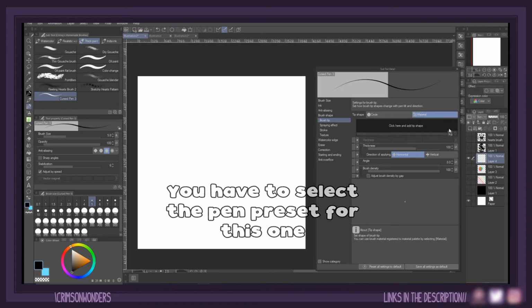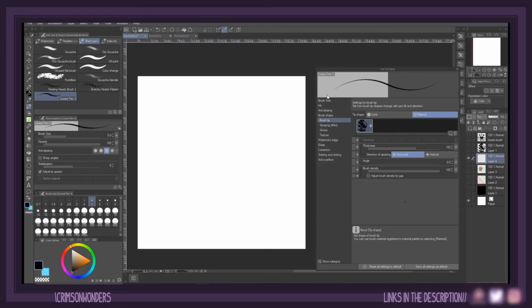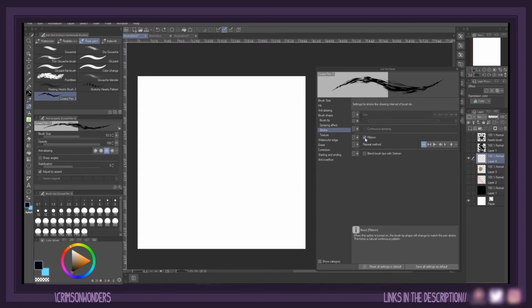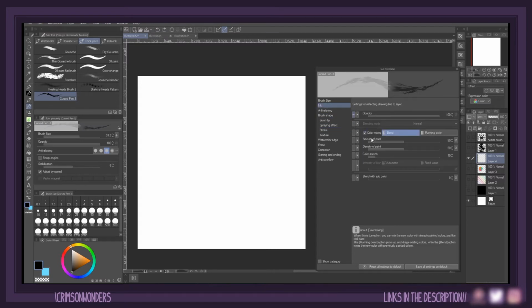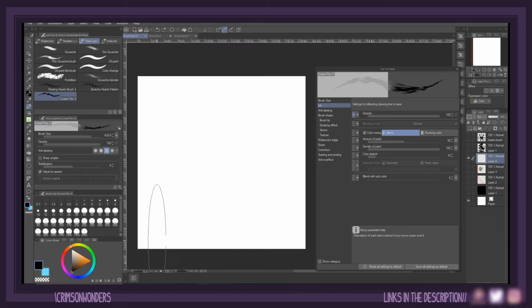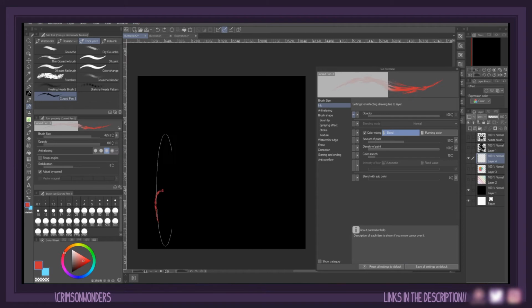In the brush tip tab, I selected the ghost for the material and then went on a crazy stretching spree by making the thickness value 611. I made the stroke a ribbon and then activated the color mixing with the values 50 for amount of paint and 100 for density of paint. This makes the brush shape look a bit crazy in the canvas, but look at this fun stroke though, it's